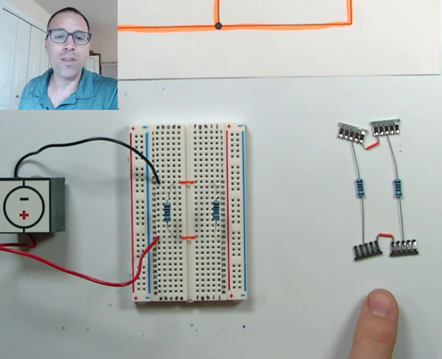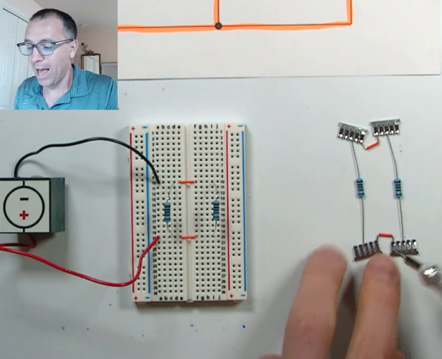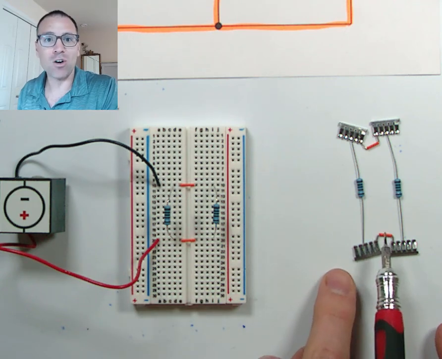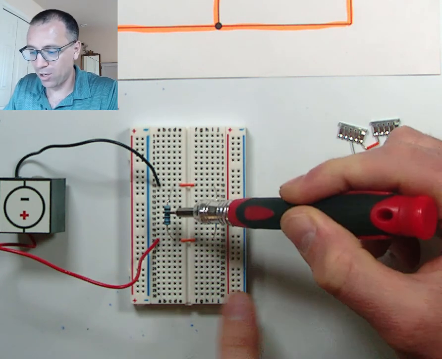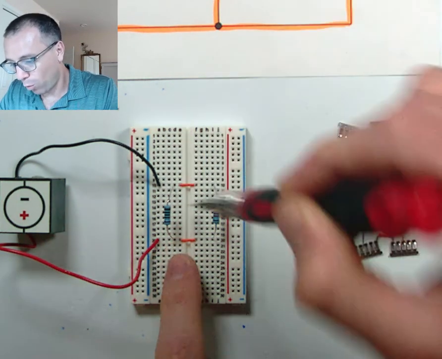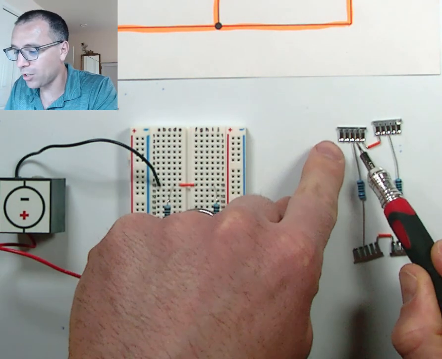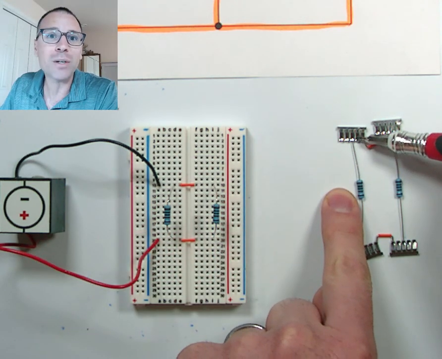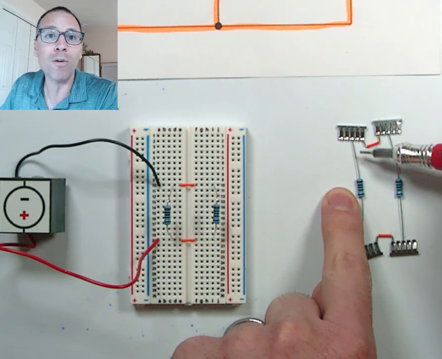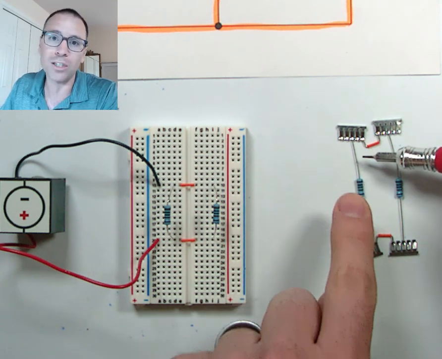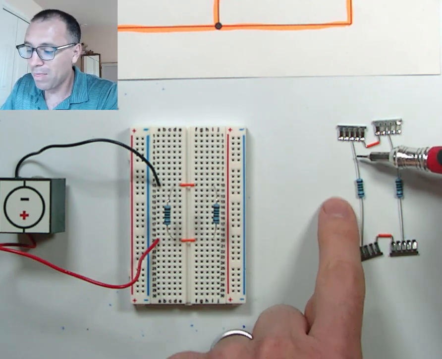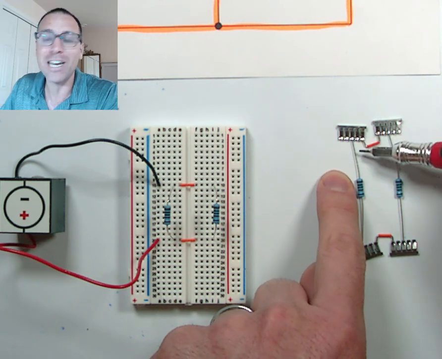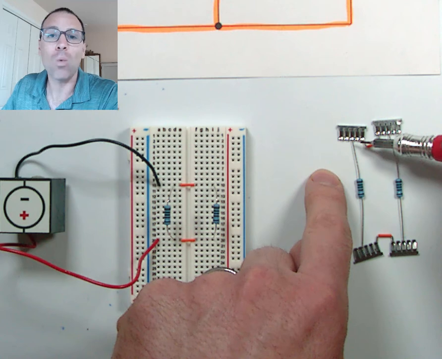When I look at how these are connected on the back of the breadboard, the internal function of this circuit that you see is replicated right here. So when we connect this resistor inside the breadboard and push it in, it actually goes into that contact strip. The moment that happened, the top metal lead of this resistor becomes electrically connected to the metal in the contact strip. So from the standpoint of electron flow, or as an electrical engineer would say it, from the standpoint of current, there is absolutely no difference between the metal on this resistor and the metal in the contact strip. They're connected, and electrons can jump between them without any issue.